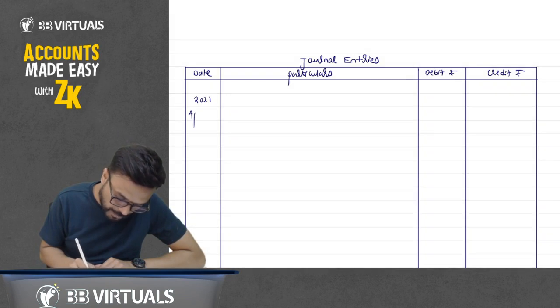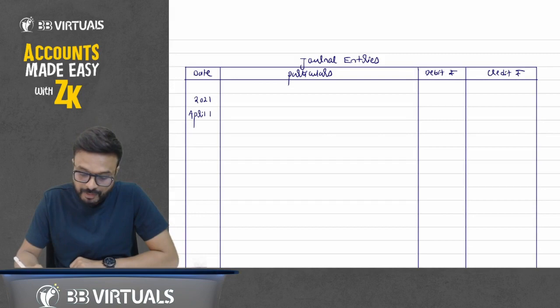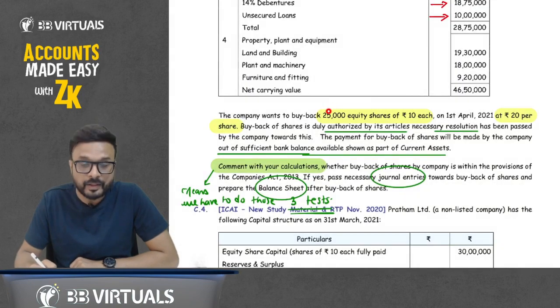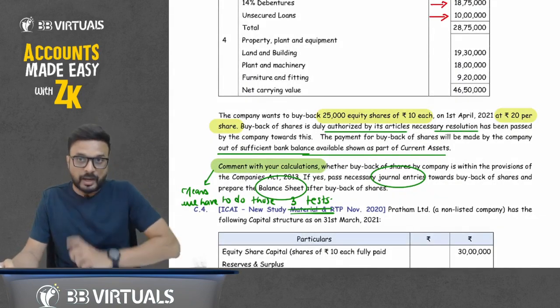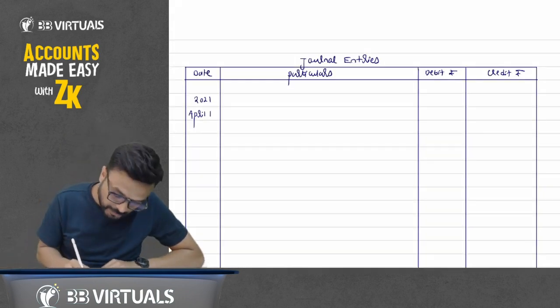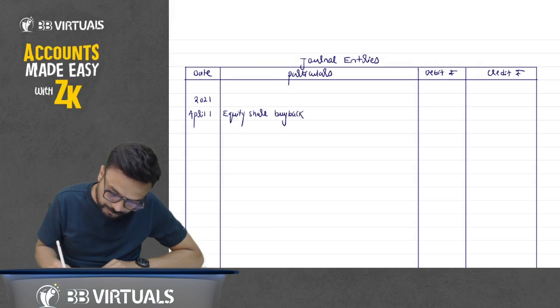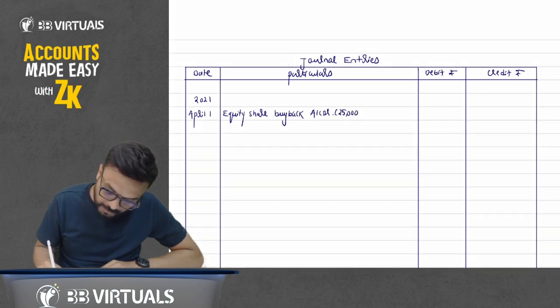2021 April 1st. How many shares do we want to buy back? 25,000 shares. We are doing buyback at rupees 20. So first we have to purchase it. Equity share buyback account debit, 25,000 shares